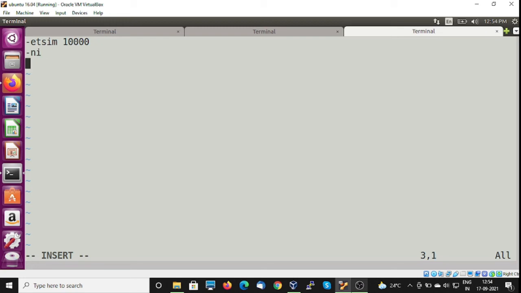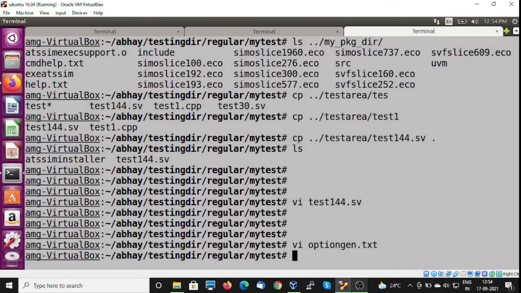NI stands for non-interactive. I don't want to generate database for this test case, so I will give no dbf. Then finally I will define my top module, that is db. That's all. So I have created one command line option file. Let me try to run this.